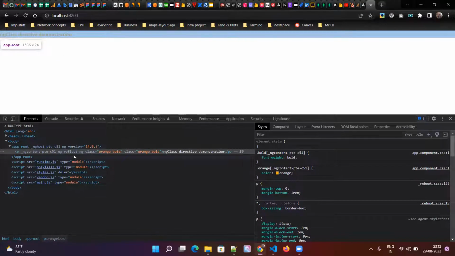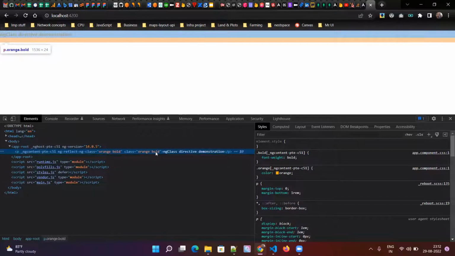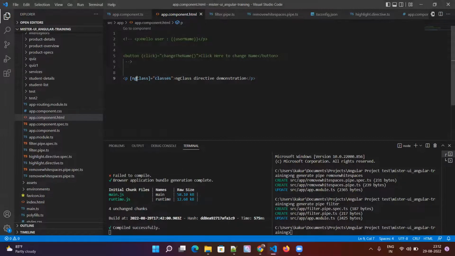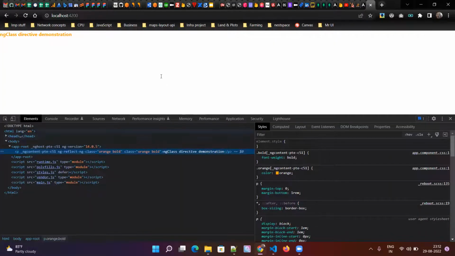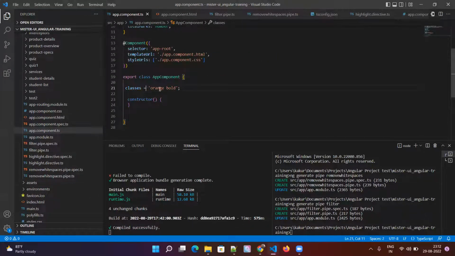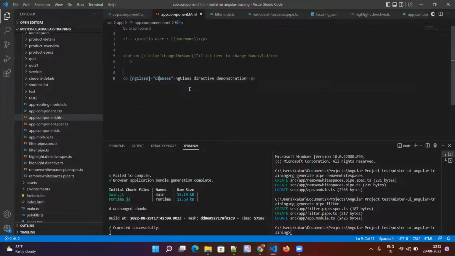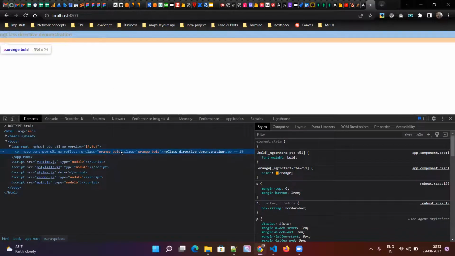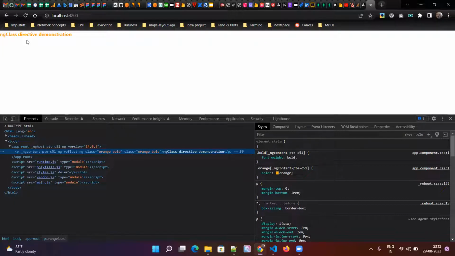So here also you can see we did not add the class attribute, and we did not add these two. So we added the ngClass. ngClass equals this variable, and this variable in turn contains these two classes separated with space. Now these two classes are added by the Angular framework here, right? That's the reason the color of the font and the boldness of the font is changed,